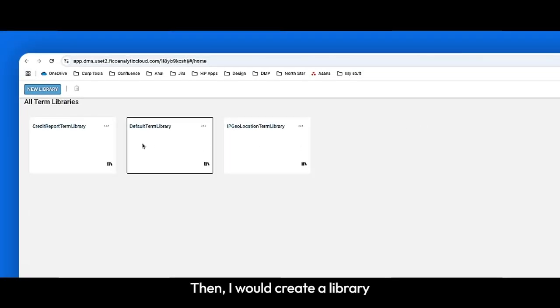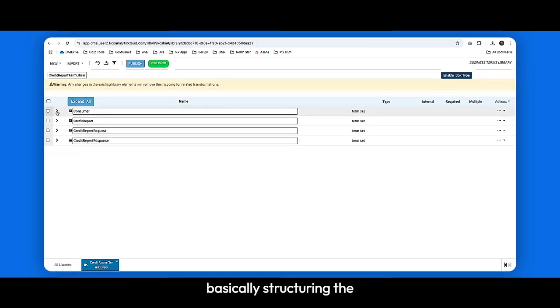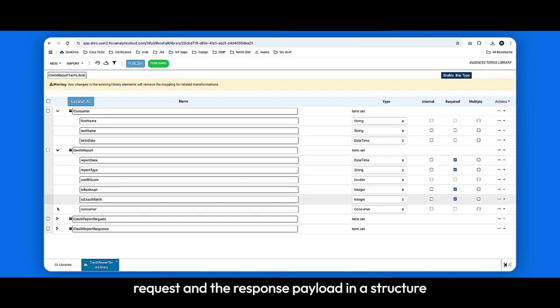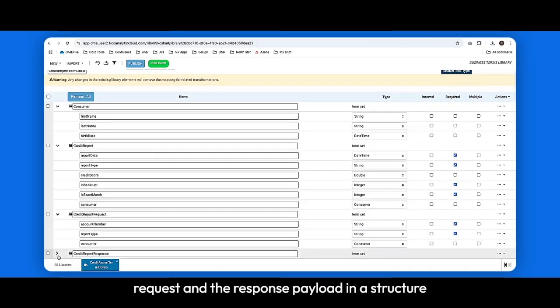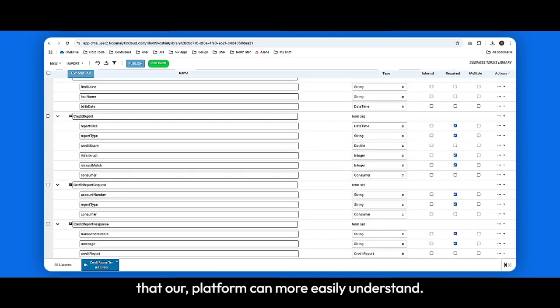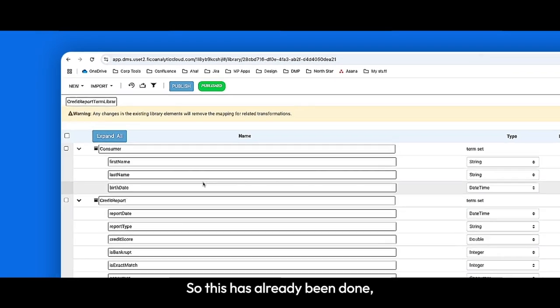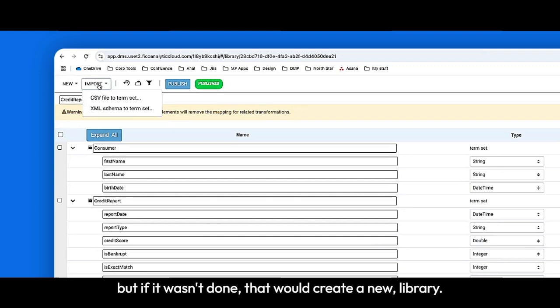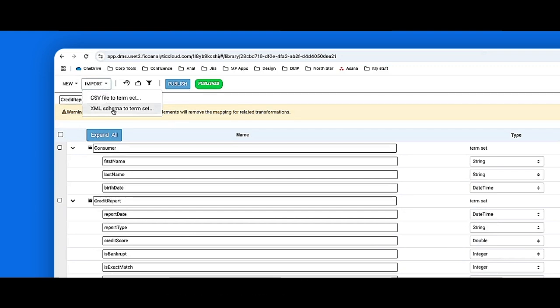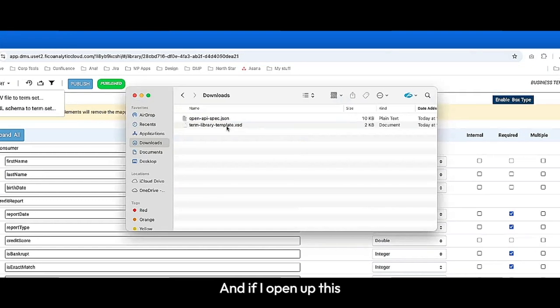First step that I would then do is to create what we call a term library, and it's basically structuring the request and the response payload in a structure that our platform can more easily understand. So this has already been done, but if it wasn't done, I would create a new library, and I'd select this import XML schema. And if I open up this